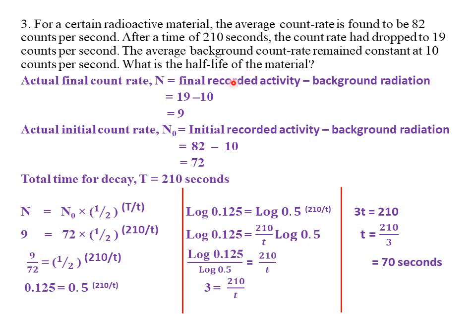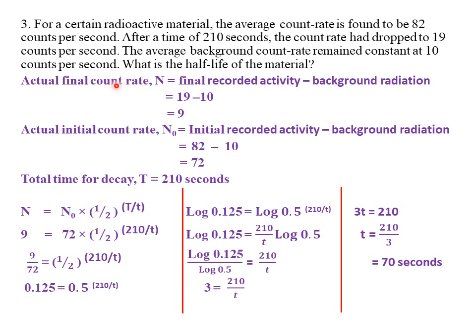So the final recorded activity was 19 counts per second because it had dropped to 19. So 19 counts per second, then minus the background count rate, which was maintained at 10 counts per second. So 19 minus 10, you're going to get 9 counts per second